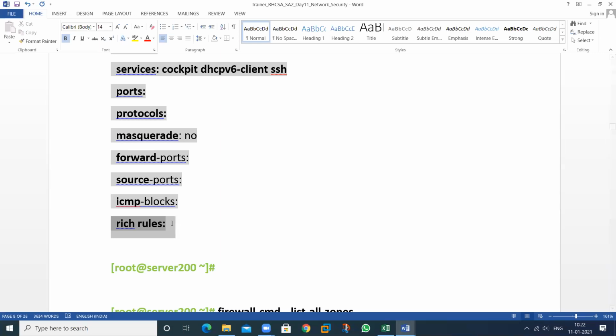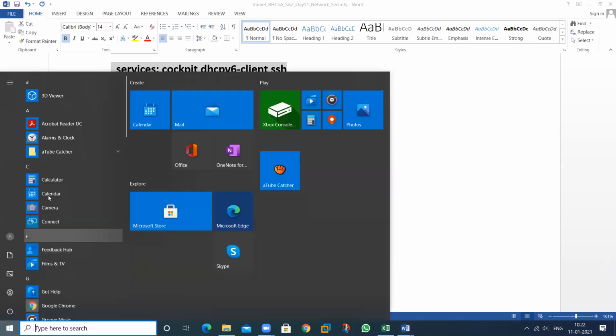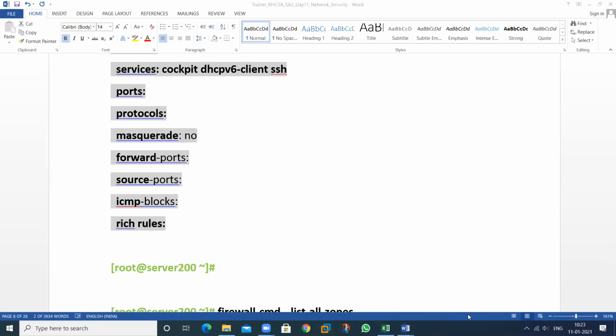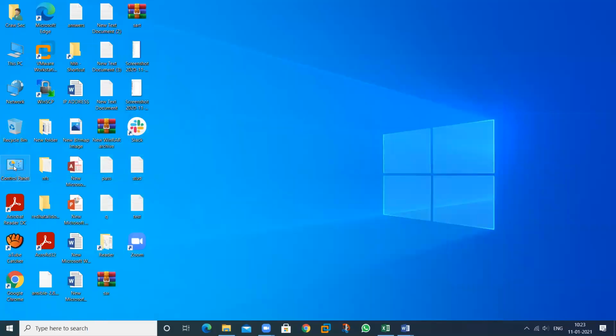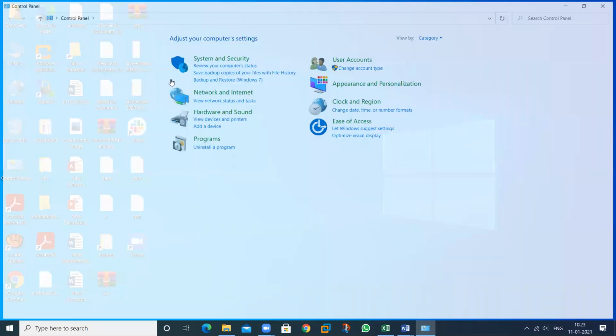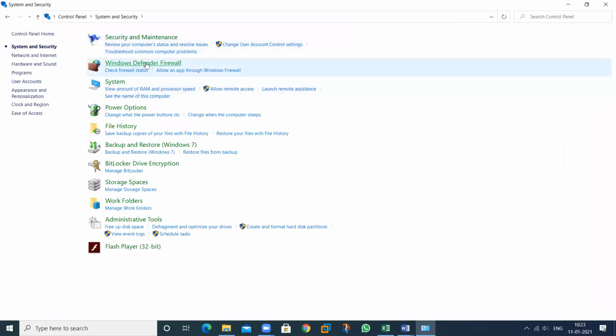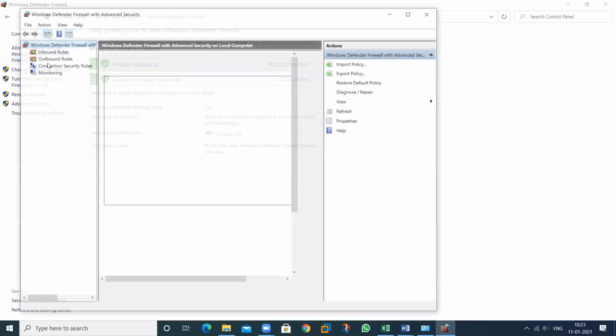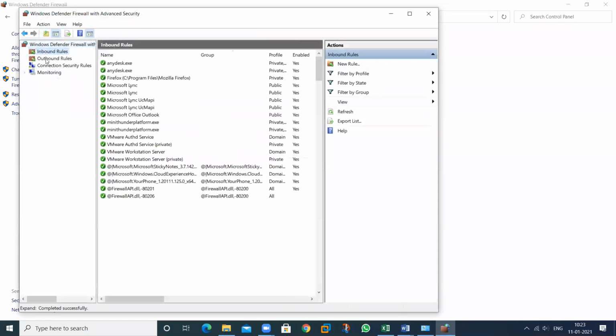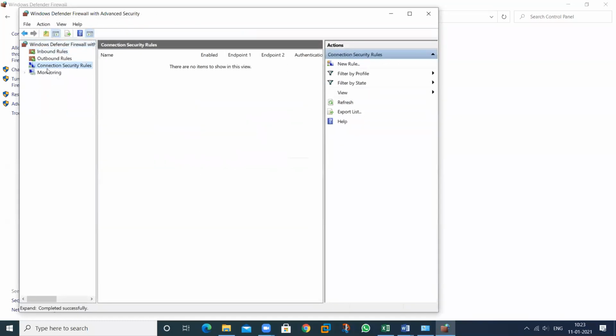Rich rules are just like what is used in the Windows firewall. See this one. We can apply rules in Windows also. So this is Windows Defender. And if we want to apply other rules, we go to this particular section. These are called incoming rules, outgoing rules, connectivity, monitoring.